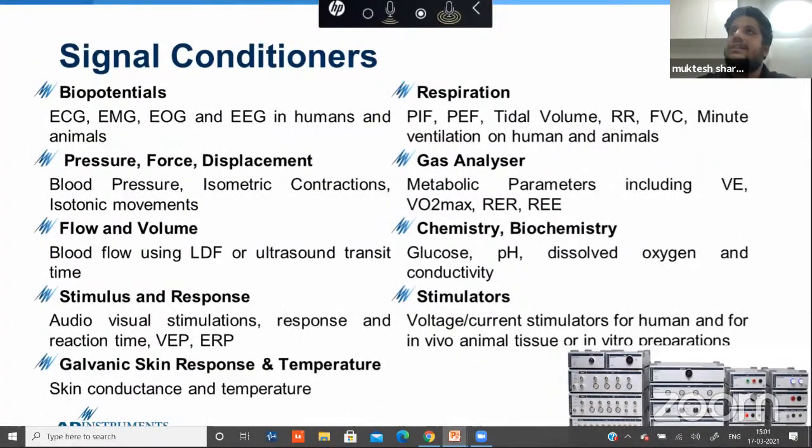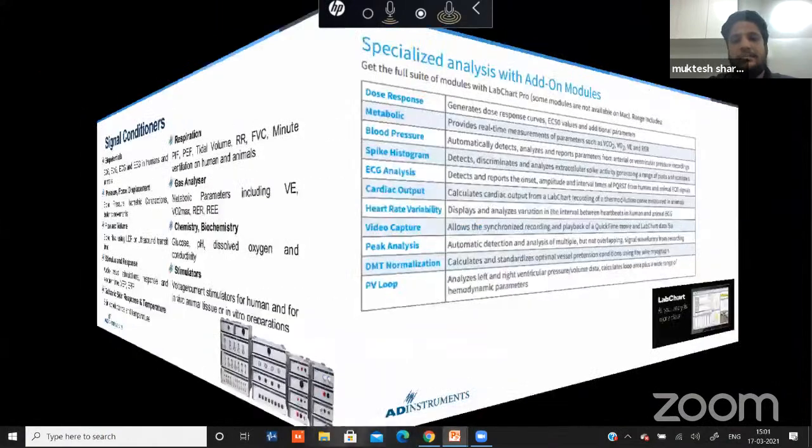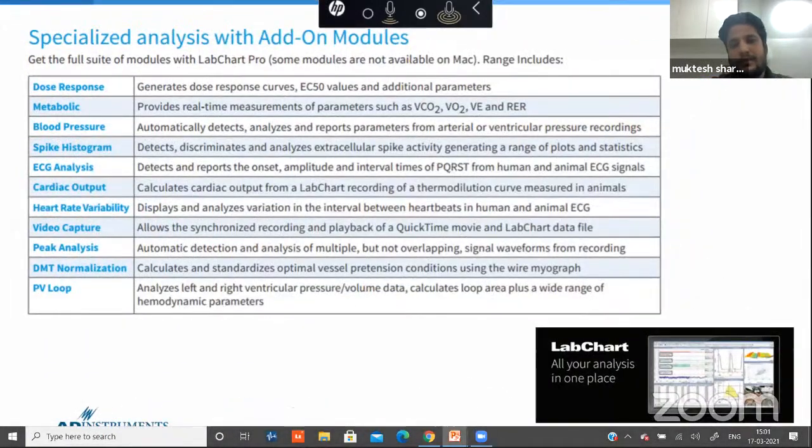We have biopotential signal conditioners. Biopotential is basically for ECG, EMG, EOG, EEG in human and animal, plus pressure, force, flow, volume, stimulus response, galvanic skin response, respiration, gas analyzer, chemistry, biochemistry. In chemistry, we offer glucose, pH recorder, dissolved oxygen, and conductivity amplifiers as well as transducers. Then we have different types of stimulators which help you stimulate the animal as well as the human subject. These are the parts of the